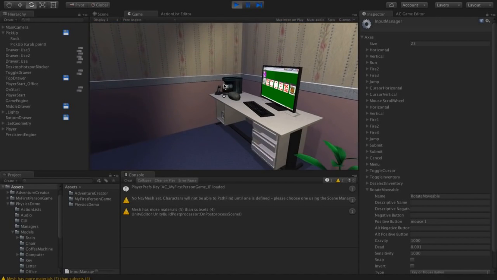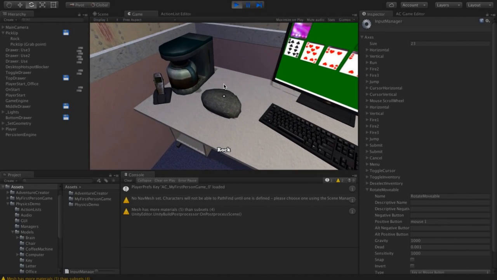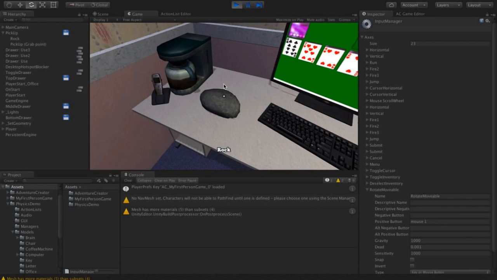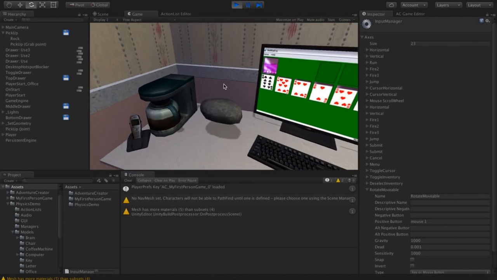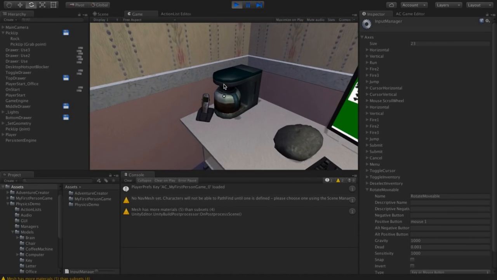So let's try testing it now. We can walk over to it. When we hover over, we get the name of the object listed as a hotspot. I can pick it up, and if I hold down the right mouse button and move the mouse, I'm able to rotate it around. Now it seems a little bit too quick for me, so what I'm going to do is just reduce the rotation factor on it.